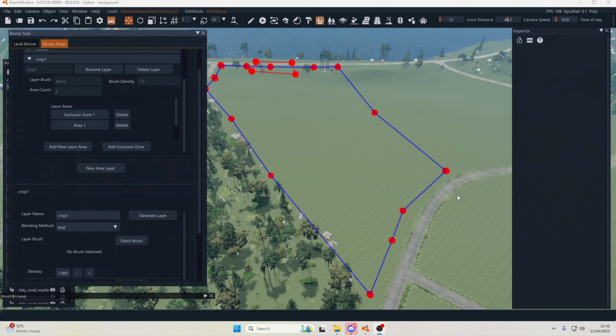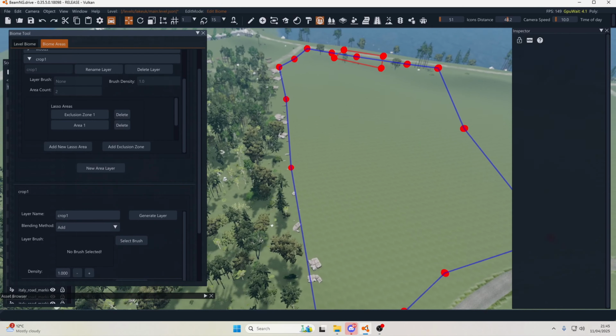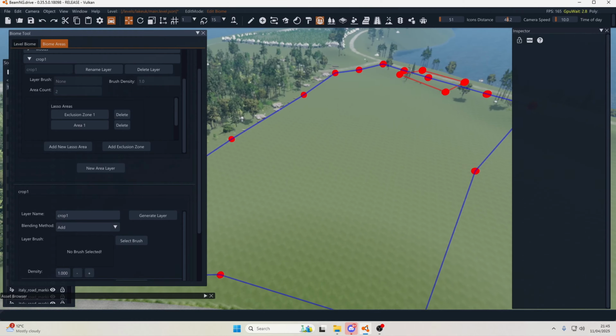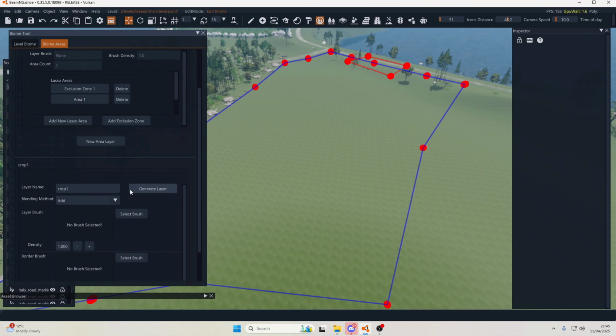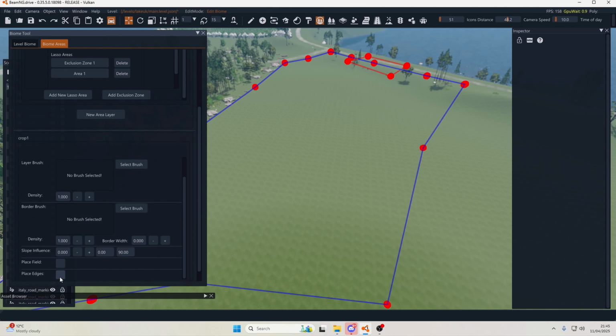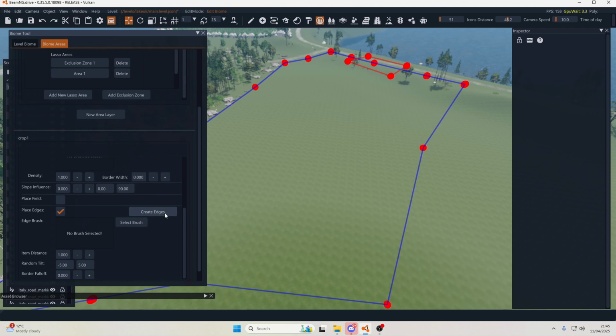I'll show you the results after I've shown you how to make a beautiful field of crops. Well, you can do grass if you want. Let me show you how to do grass first. You want a little grass field, like say for a football pitch or something like that. You can literally just place an edge. But yeah, items, distance,